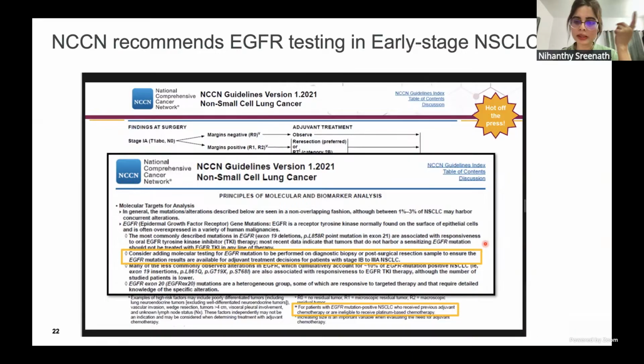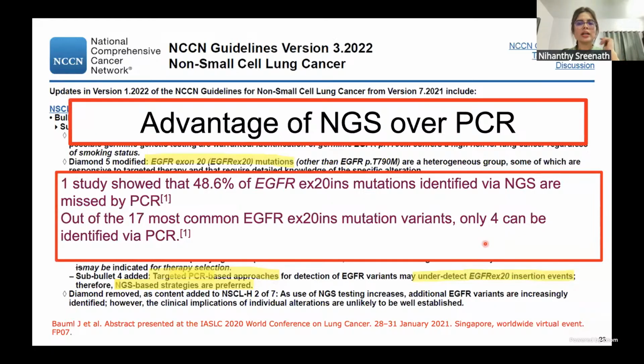First thing, affordability, if EGFR1 is the most advised one. So what are the advantages? Again, it depends. The most important part which we need to keep into focus is always the affordability. NGS definitely holds good, but what are the advantages of NGS over PCR? There's a study which shows that